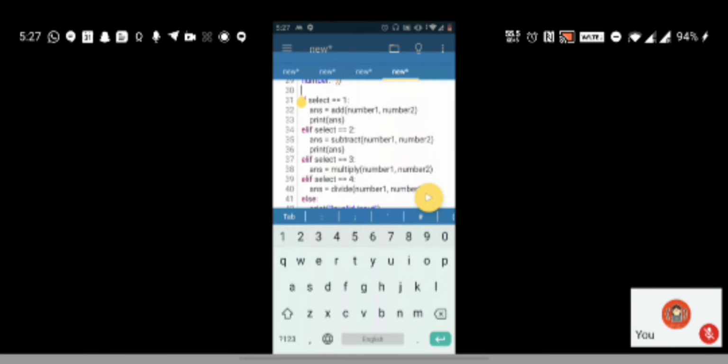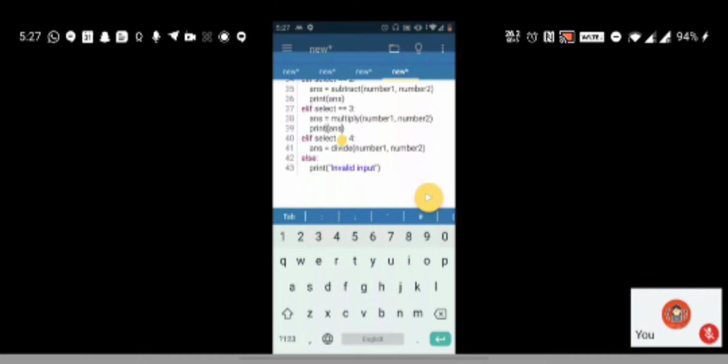My logic was basically that I don't want any valid output when the input is invalid. When the user has given something apart from 1, 2, 3, 4, the answer should not get printed. So I think this is the right way.